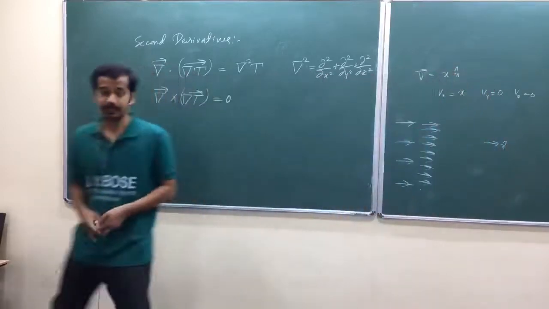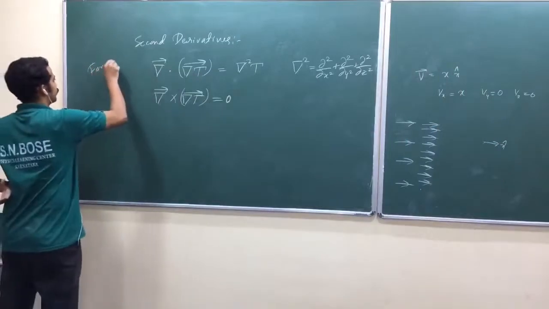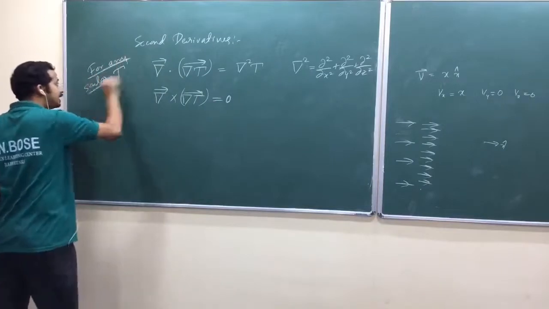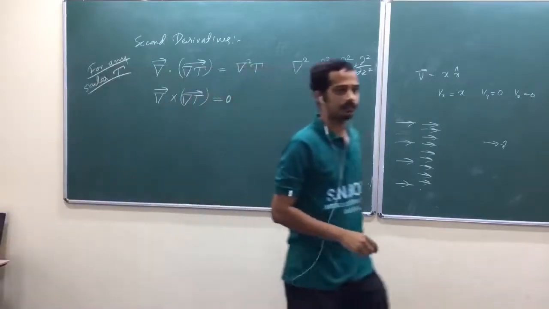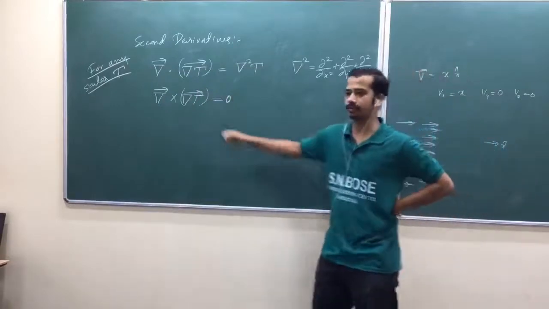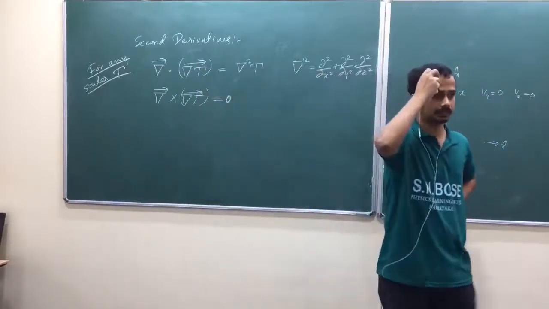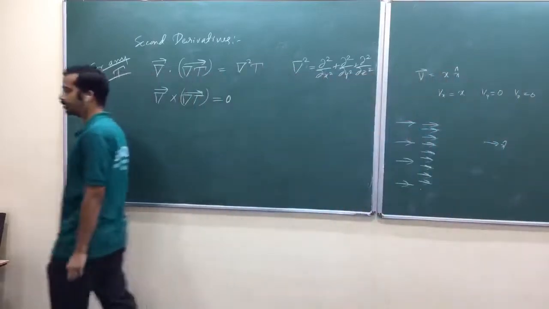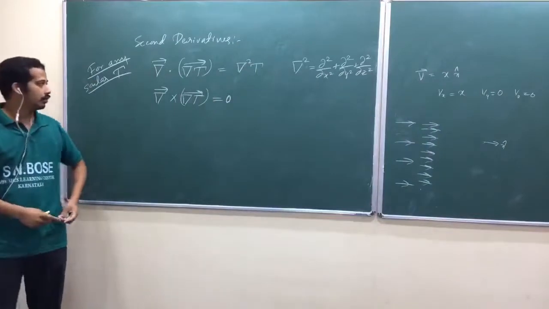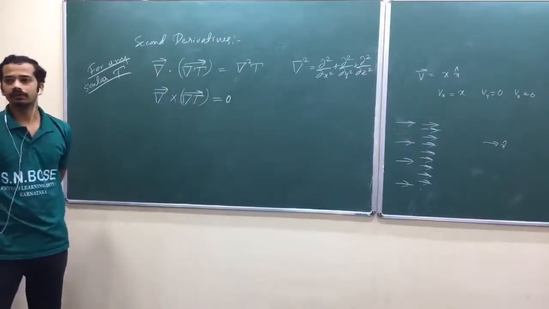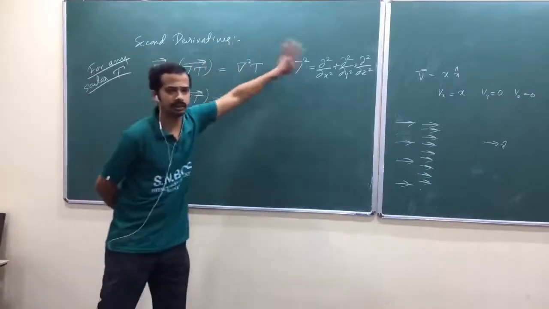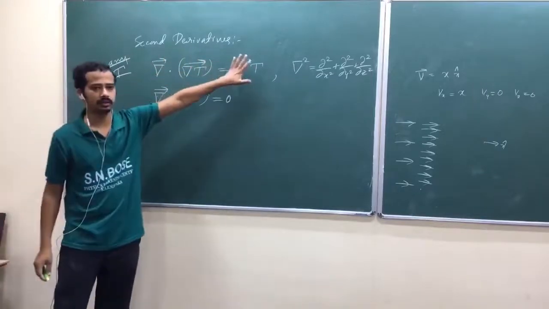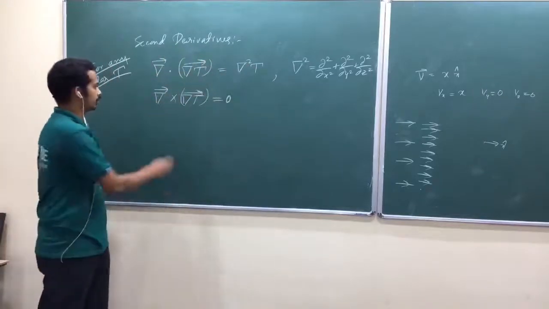Now look at here, for any scalar t, curl of gradient is always 0. I need this idea later. For any scalar field, for any scalar variable t, curl of gradient is always 0. Obviously, the other one is not 0, it all depends. This we call the Laplacian. That's one part. The other part is this is always true.